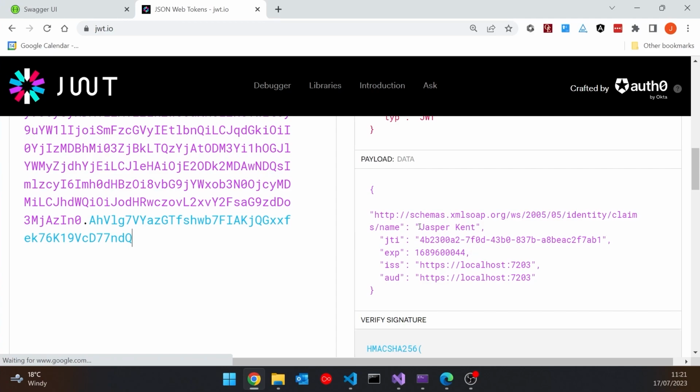We can't see what's in there, but we can see the various claims that have been made. And the one we're interested in is the claim of the username, which is keyed onto this slightly long-winded thing, that URI looking like that. So what I'm going to do is copy that, because I'm going to need that in a moment to make use of this.